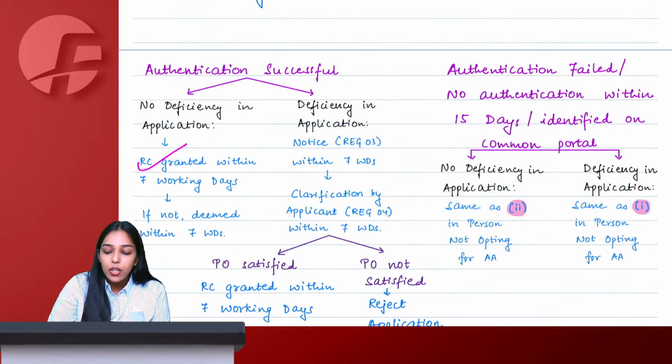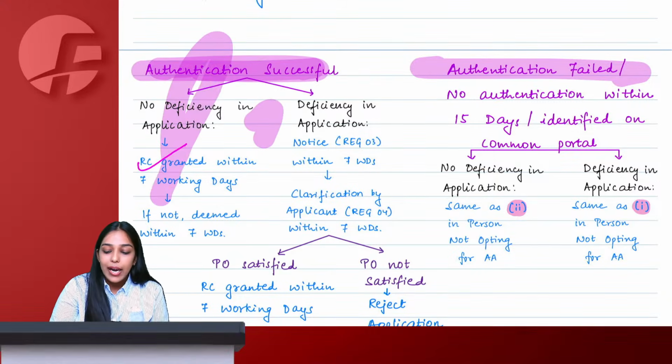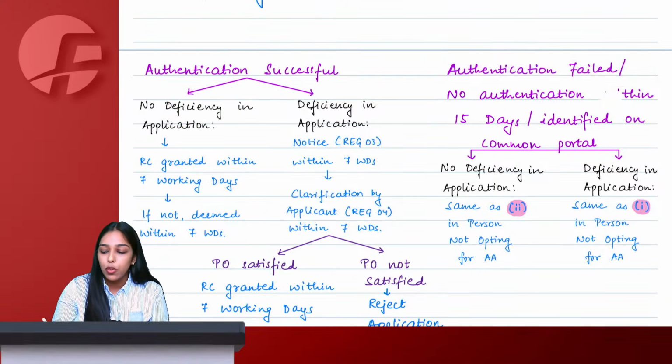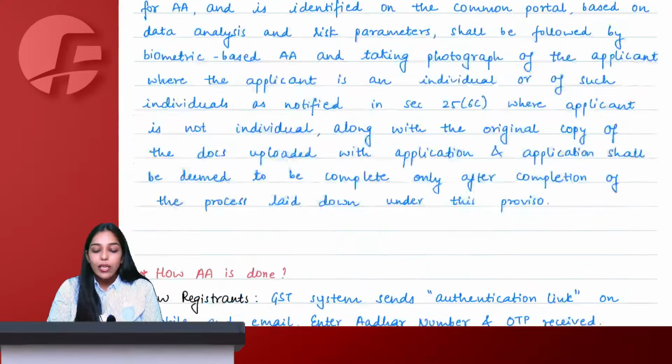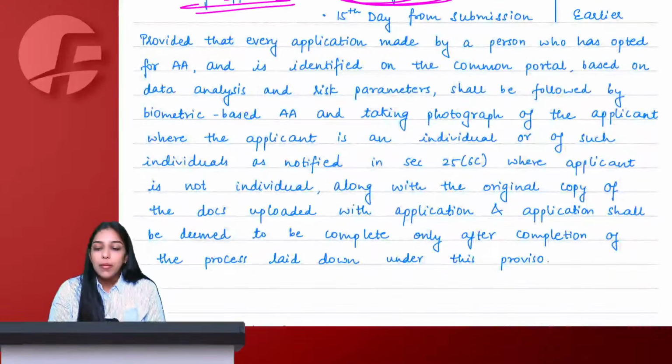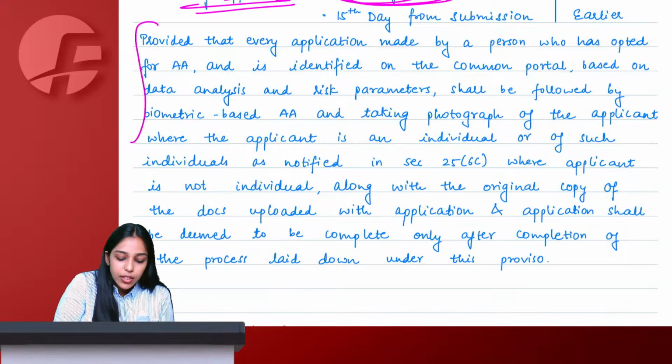But ma'am, what if my authentication failed? My authentication was not successful. I did authentication, but it was not successful. Or let's say 15 days have elapsed and I have not done authentication at all. Or let's say the portal identified me based on a risk parameter. Now, what is this paragraph saying? This paragraph is saying that